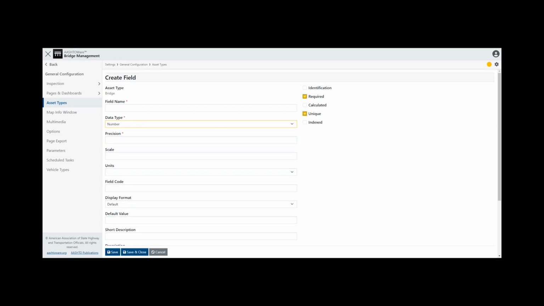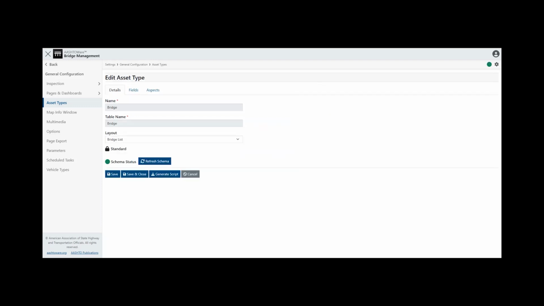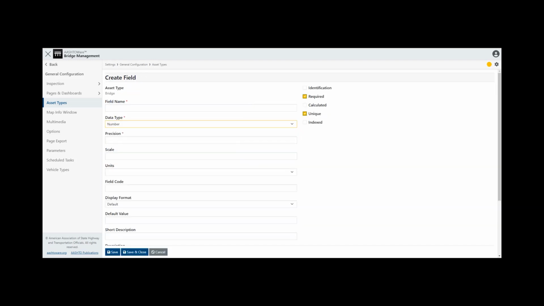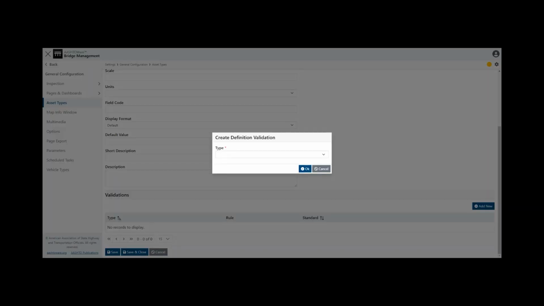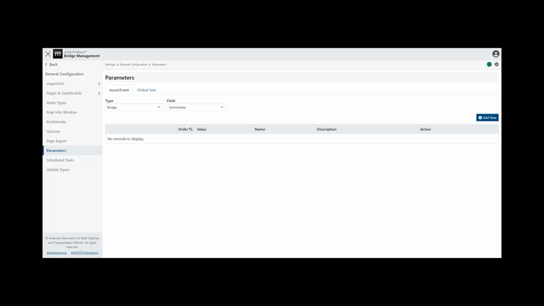as unique. Once you have created your new database field, you can input validations for the field based on the field type selected. After creating your new database field, you can click to generate a script, which can then be run on the database to insert the new field. If the new field you create is parameterized, you can define the parameter values for the field on the Settings,